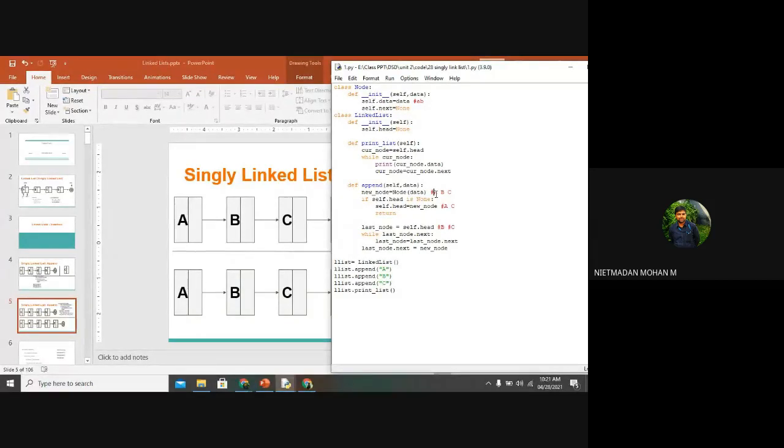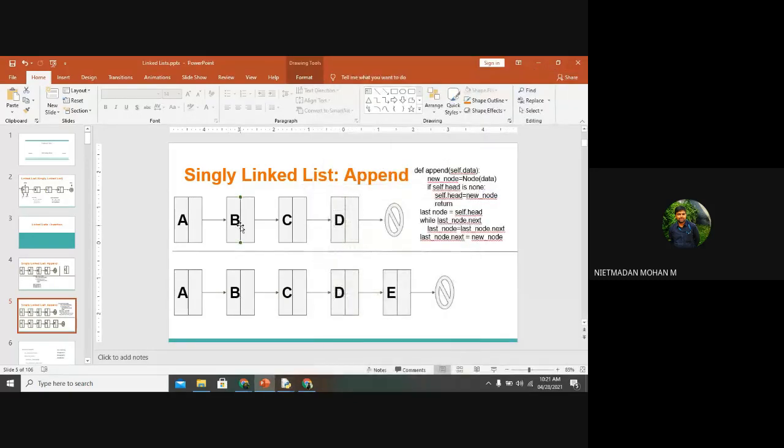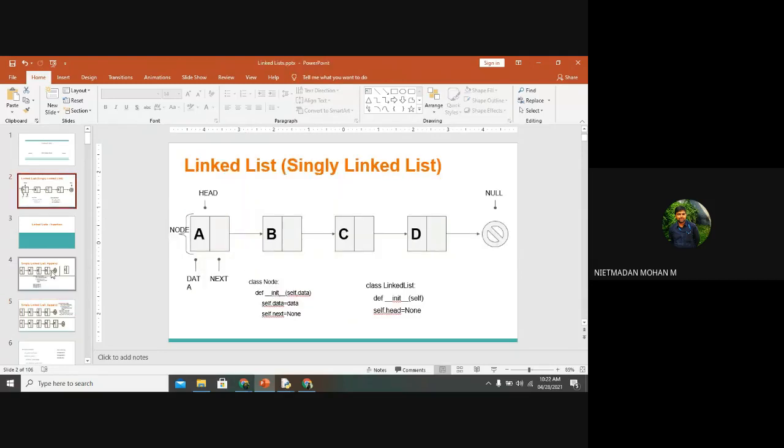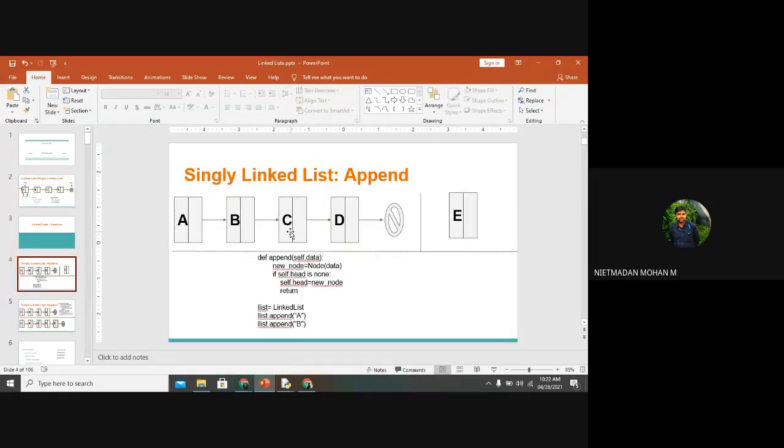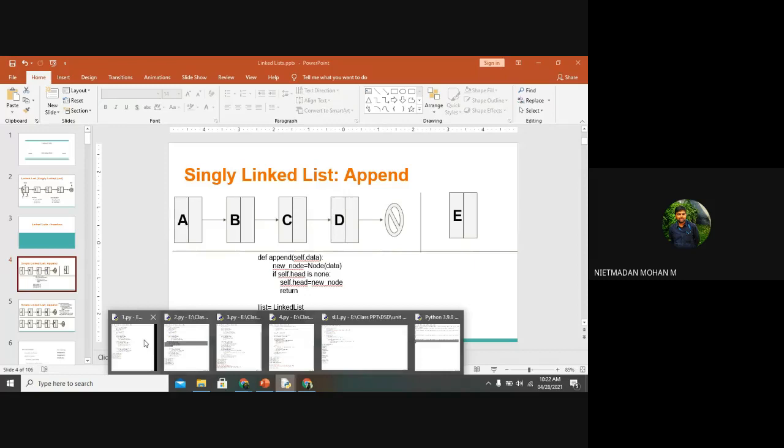After insertion of the first element, that element will play the head role, and after insertion of the second element, that second element will play the head role. Why? Because after inserting this head, this data pointer will be none. After inserting this C, this address location will be stored in this particular next value. For that purpose, we are changing the head in each and every iteration of the append function. Clear? Any doubt over here?